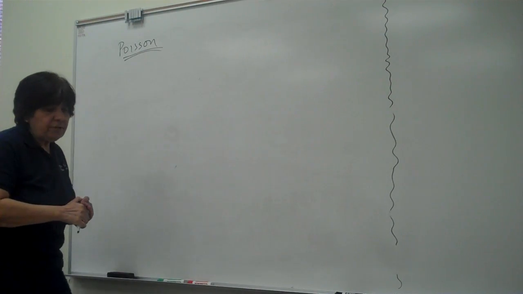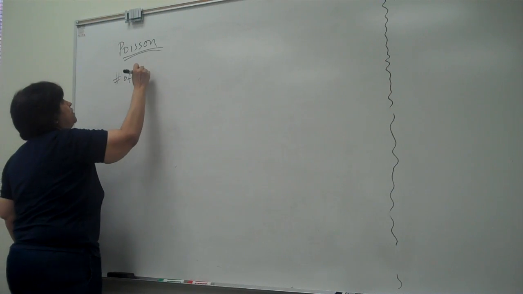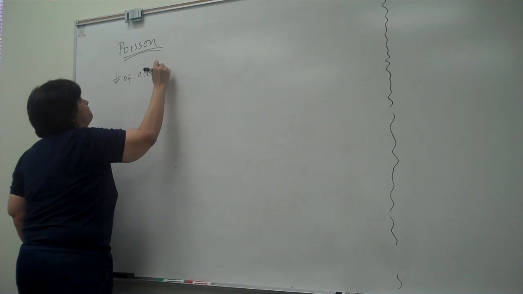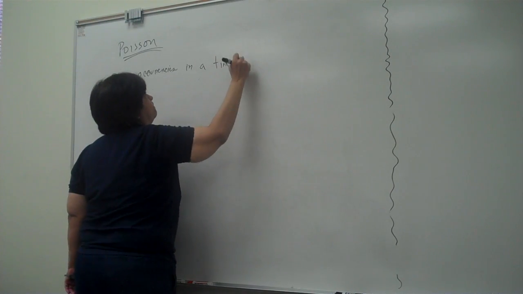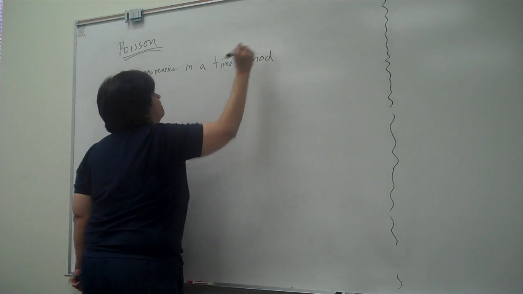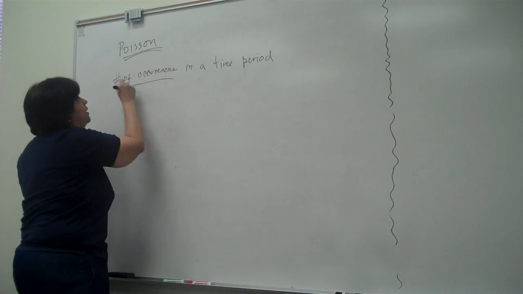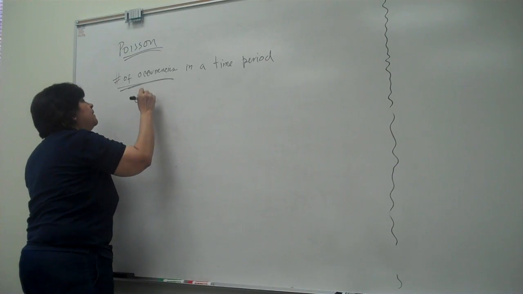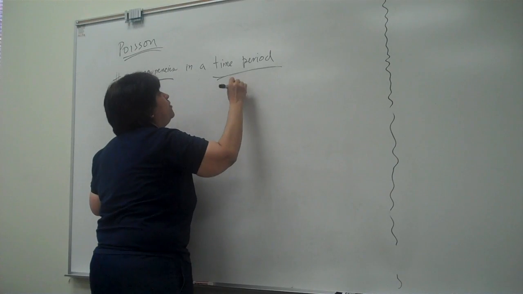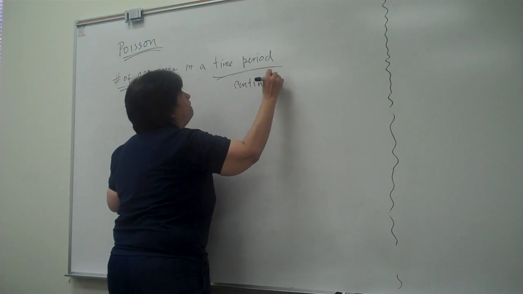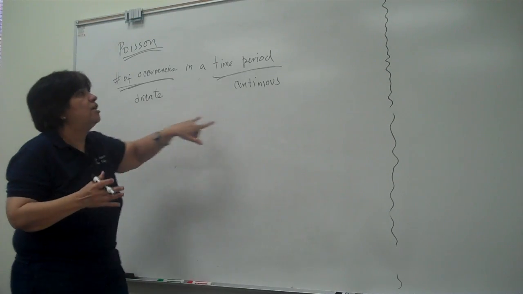And in the Poisson distribution, we are interested in the number of occurrences in a time period. Now, number of occurrences is a discrete variable, and time period is a continuous variable. It is a discrete number of elements in a continuous